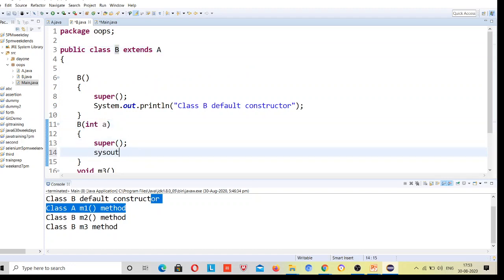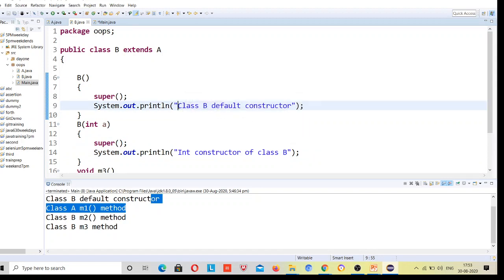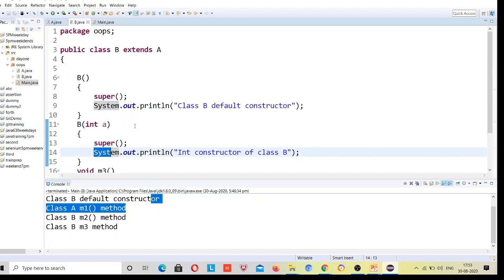Suppose I write a message over here, integer constructor of class B, and here you can see class B default constructor. Since this call is to the integer constructor, it will come here, and by default, whether you write it or not, it is written. So just take it as written.